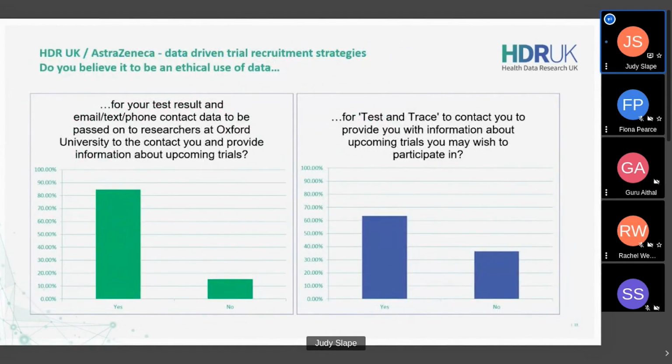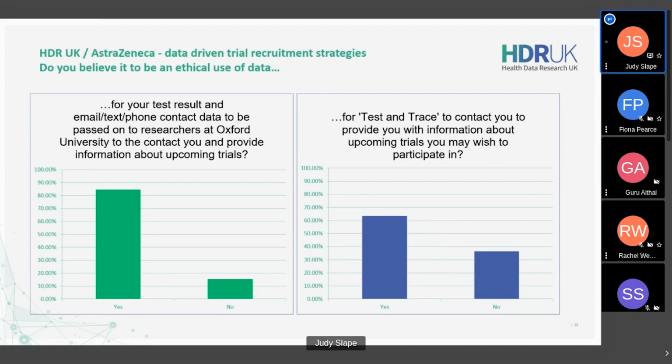Our patient and public involvement activity was to support AstraZeneca as they looked at ways to improve and speed up recruitment of people into clinical trials. And our activity focused on how acceptable the public would find an approach that would contact individuals who have had a positive test and have agreed to be contacted about COVID-19 research, as well as some information about data-related issues. We ran a really simple PPIE consultation and had 106 responses in about 6 days.